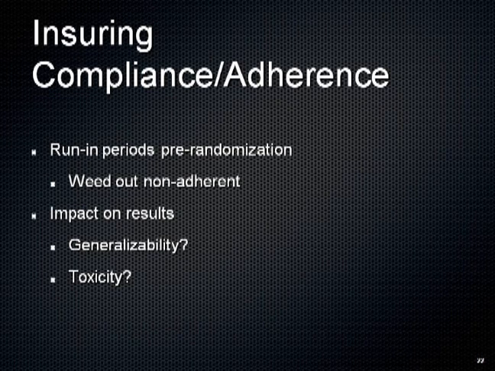Does somehow studying a group of patients who are non-compliant guarantee that the drugs are only going to be given to patients that are compliant? If you want to have an understanding of what the impact of the drug has got to be, it's got to be real world, and that's efficacy versus effectiveness. What about toxicity? If you eliminate people who don't take the treatment because in the run-in they're feeling too sick, they don't want to take anything, how is that going to influence the reports of toxicity?